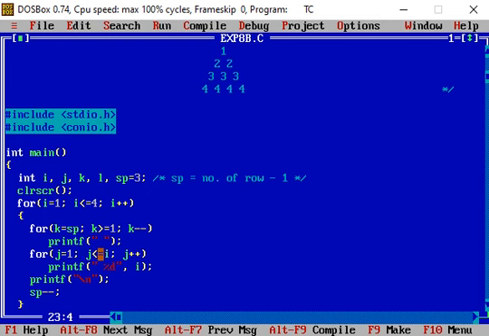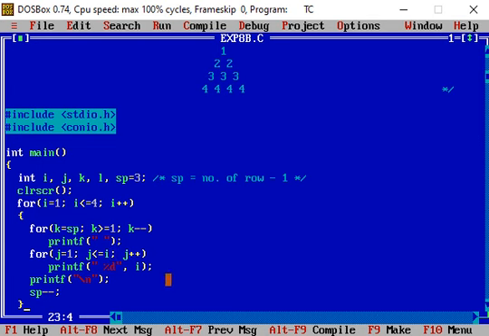The condition is again true. Then the printf statement prints the value of i, that is 2, a second time, and after printing the 2 a second time, when the value of j is incremented, this value becomes 3. So 3 less than or equal to 2, the condition becomes false.